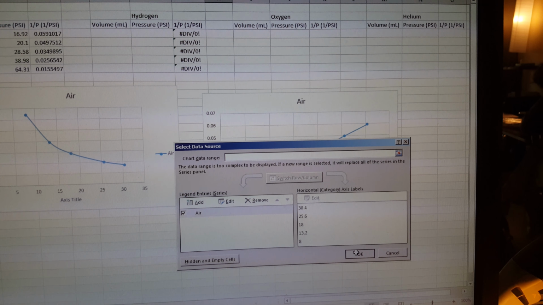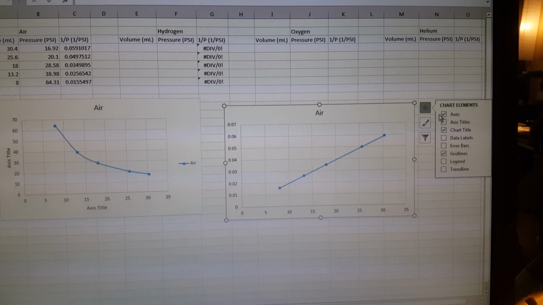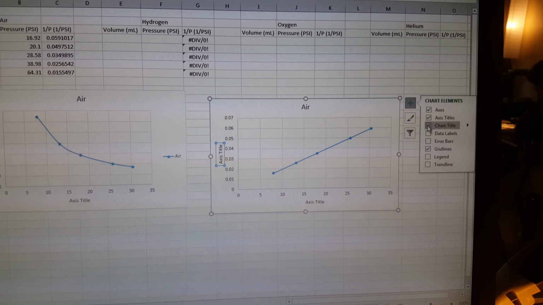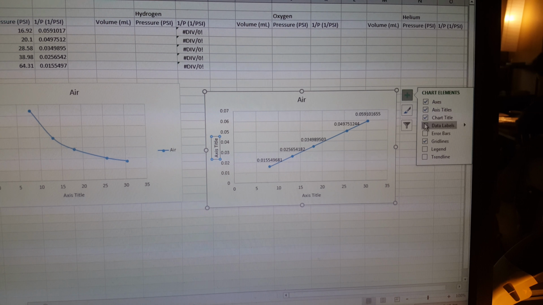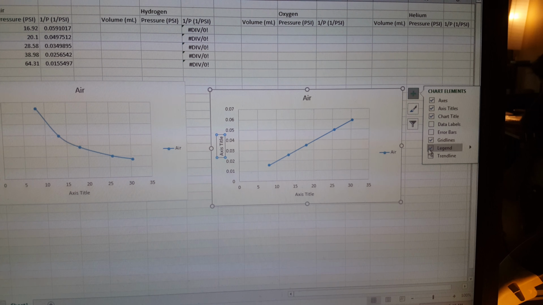And my last tip is, of course, make sure you have a very descriptive title. It tells you the relationship between the variables. Make sure you have a legend. Make sure you have